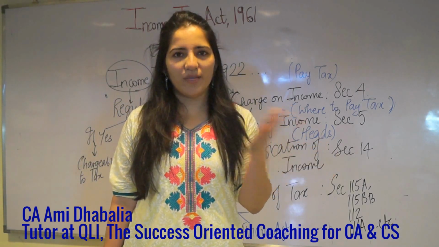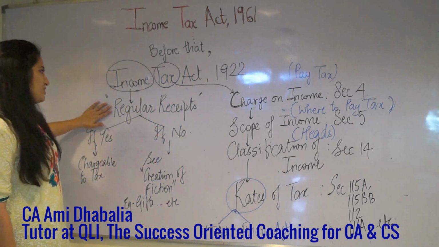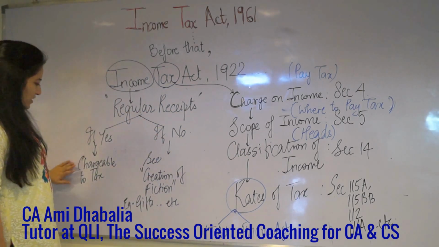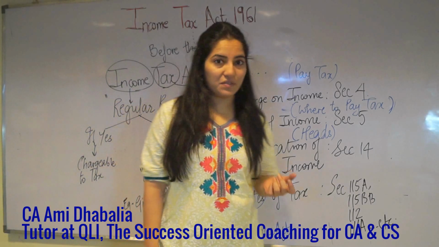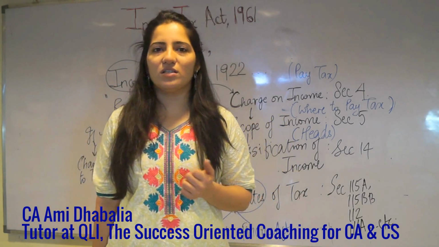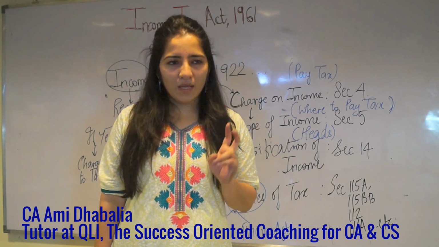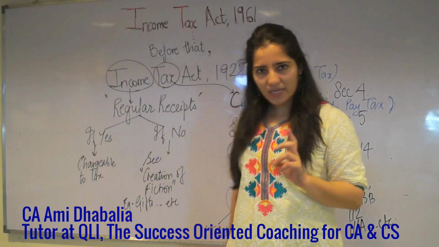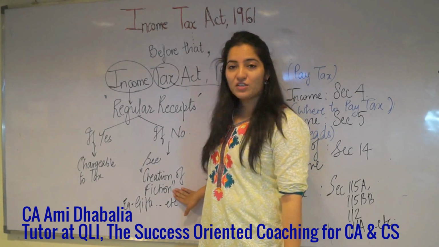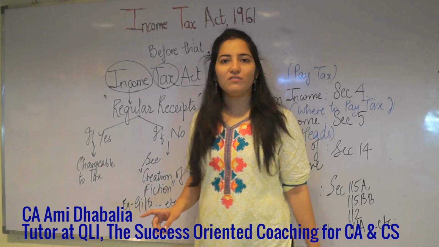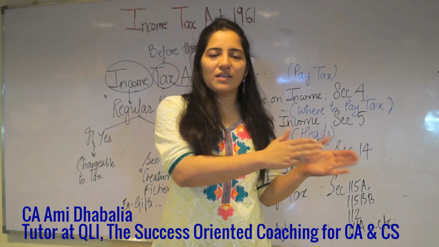If you have a share, you may get interest. If you have a debenture, you may get interest income. So if it is a regular receipt, then it is chargeable to tax. If not, for example, we know that gifts under section 56 are not a regular receipt of income. Once in a year someone may give you a gift, and that is also charged. Why? There is a concept known as the real income concept in income tax. Now, as per real income, a fiction is created. What does it mean that a fiction is created? Section 2(24) defines income, and section 2(24) includes gifts also.